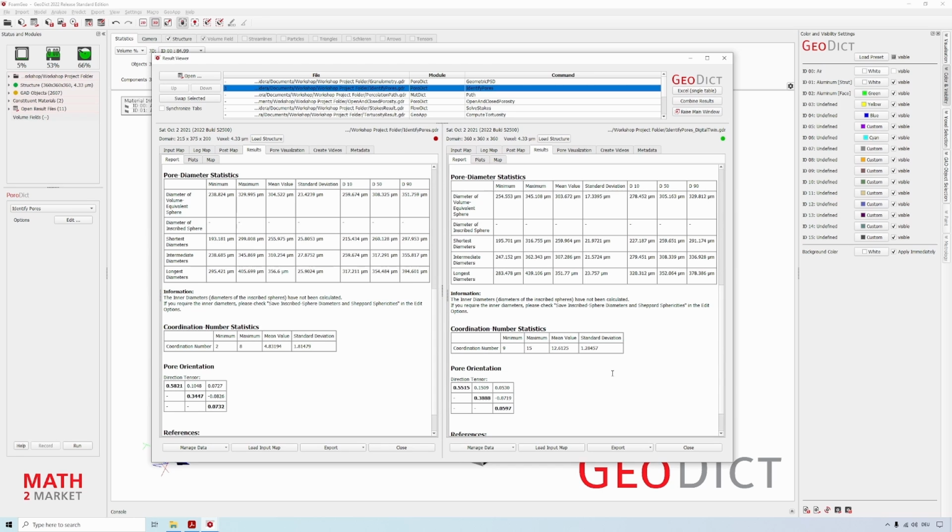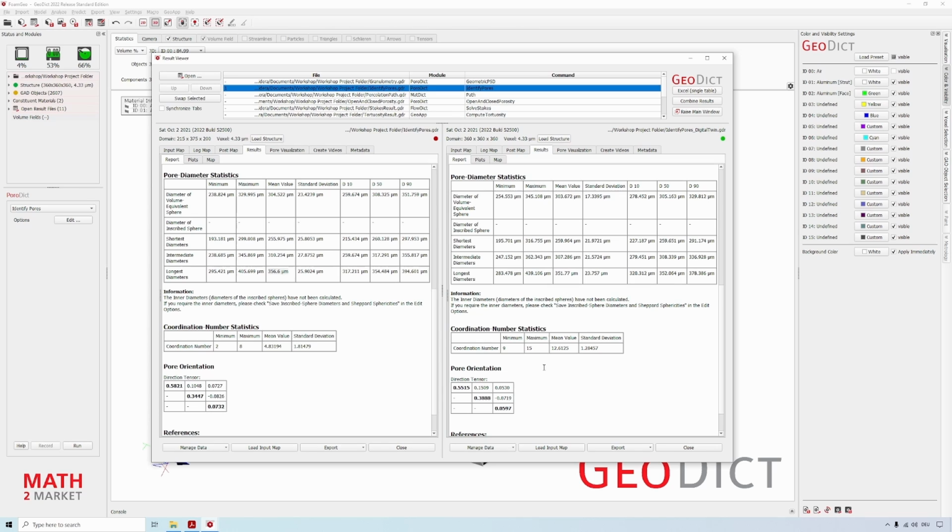If we compare the mean values of the shortest diameter, we see, okay, 256 to 260, very close. 310 to 307, very close. The longest diameter is very close. Also, the standard deviations are close, and the other values too. You can have a deeper look if you do the workshop again, if you like.